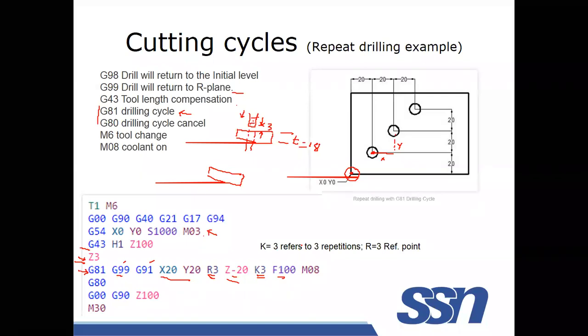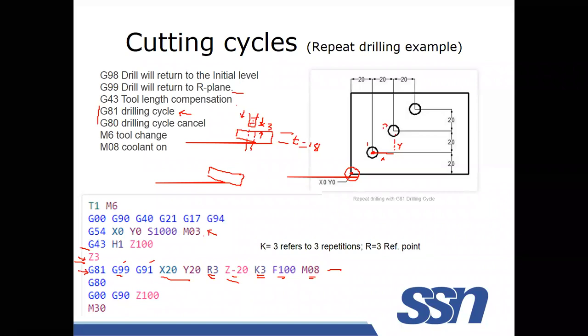The feed rate of the spindle and the XY table movement is the same, fixed at 100. M08, we know that it is coolant on. Coolant is switched on. Okay, so this particular block will be executed 3 times. The first time, the hole will be made at this location, the first location.